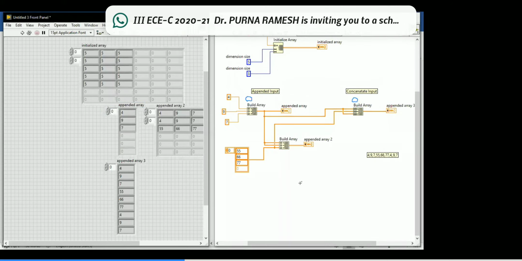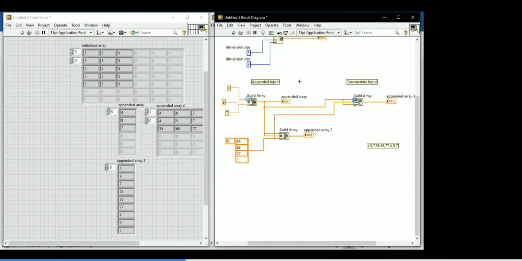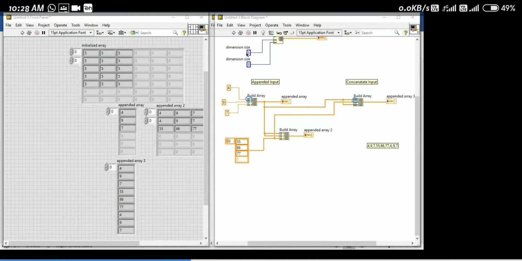So save all the VIs. Save the VIs. Complete means tell me. Okay. So understood?